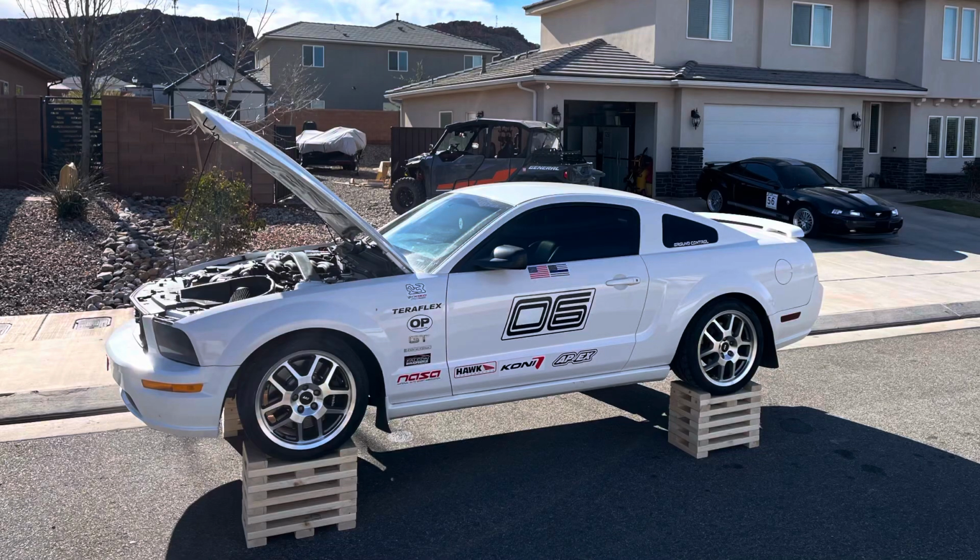So if you've been following along with this 3-valve Mustang GT project, it had broken a valve lash adjuster and chewed up the cam, and so we decided to buy a replacement engine. We pulled the engine out of this car, and I had told my friend that there's probably the keepers and roller bearings and things down inside the engine somewhere, so we're going to disassemble the old engine and start looking